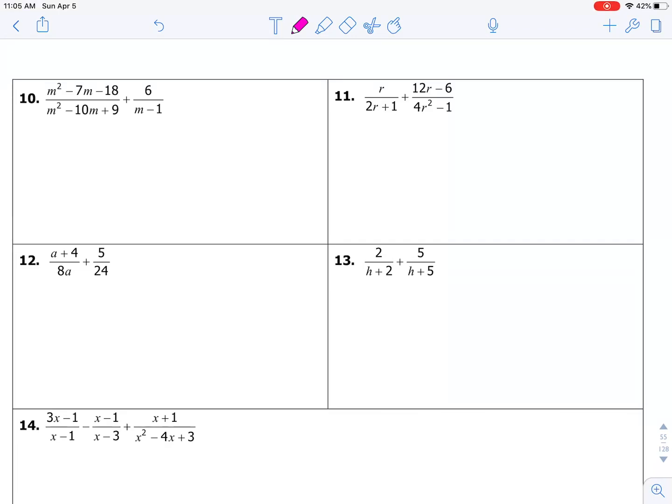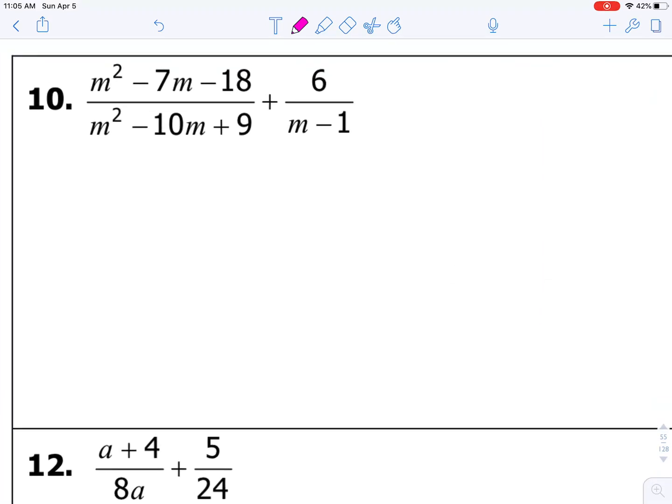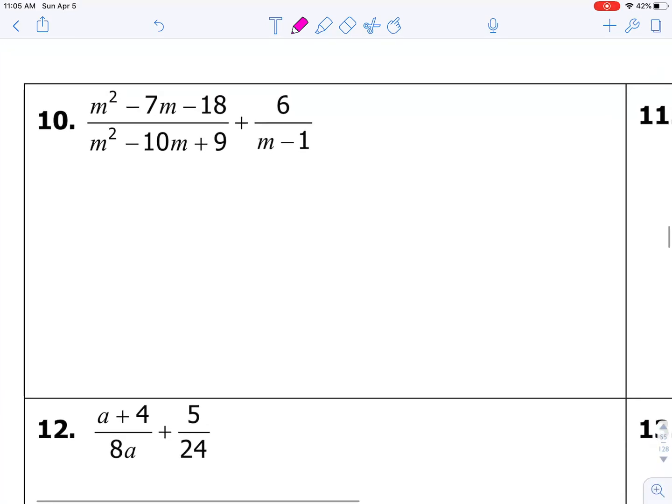Okay, let's do a few adding and subtracting of rational functions. So remember, when you're adding fractions, you must have like denominators. But this is going to start the same, where you always start with factoring whatever it is that you can factor. So I'm going to start out by factoring the top left